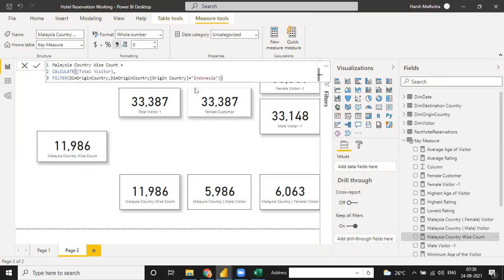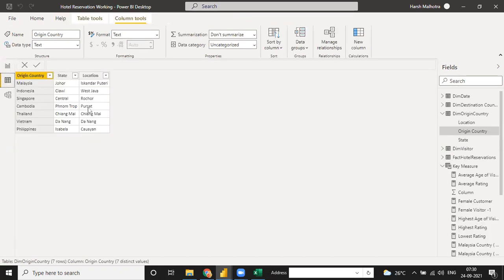See, I think the OR function is not written and gives some error. Let me just check. Indonesia, Singapore, Cambodia, Thailand, Vietnam. The function is the same. I don't know why it is not calculated.